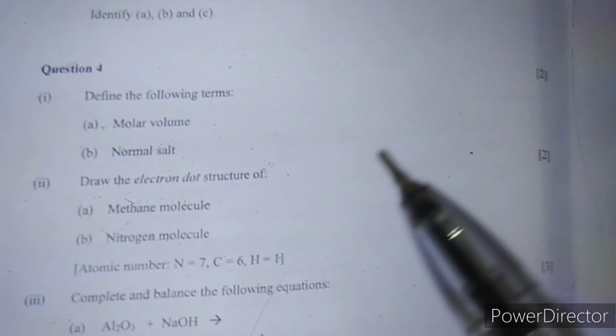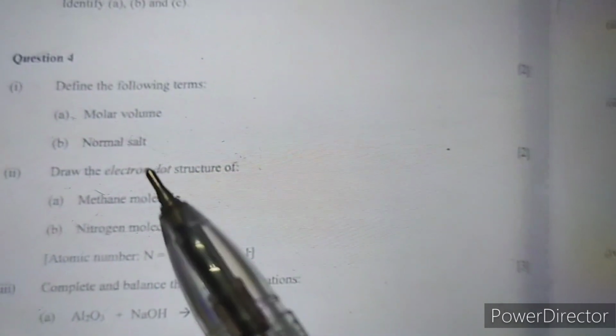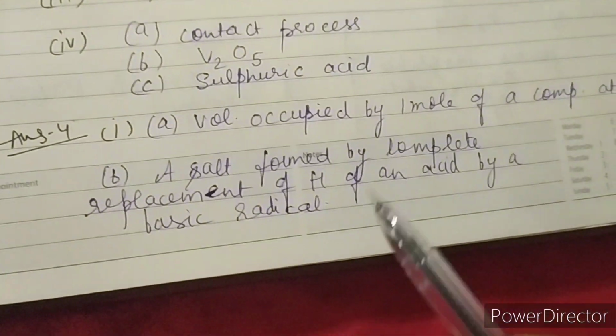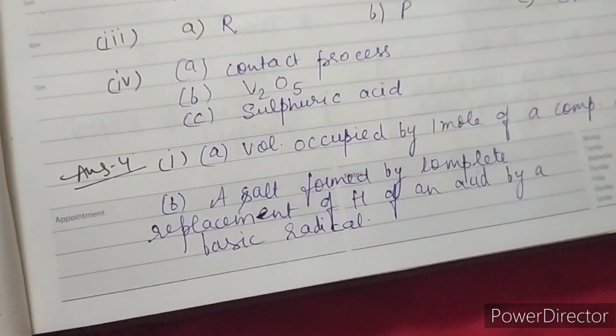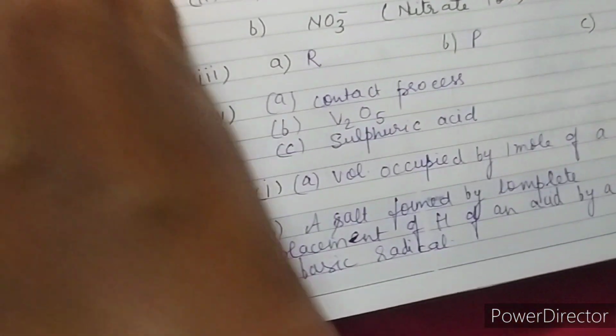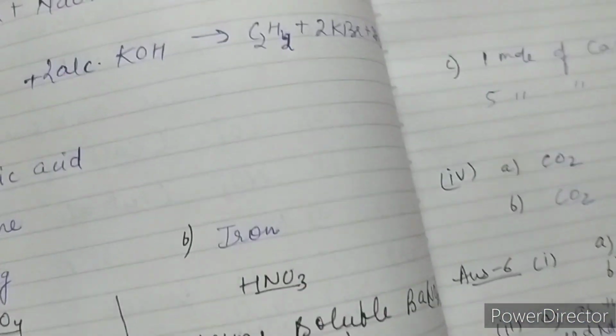Question number 4 is define the following. Molar volume: the volume occupied by 1 mole of a compound at STP is termed molar volume. And normal salt is a salt formed by complete replacement of the hydrogen of an acid by a basic radical. So write the definitions with all the key words. These are the definitions that I have already written. Okay, next we come to